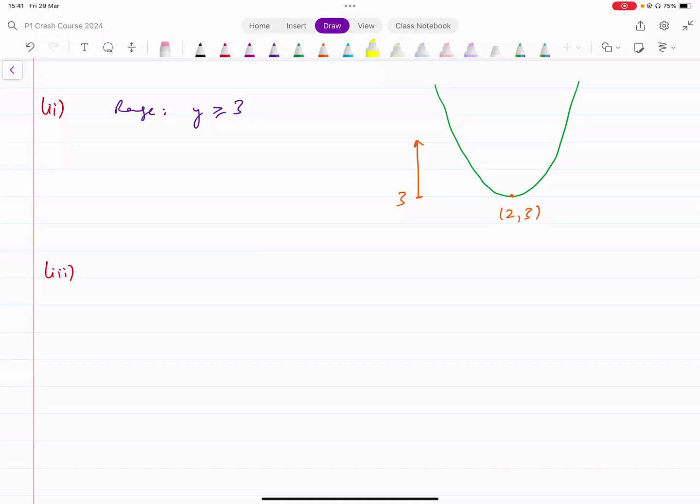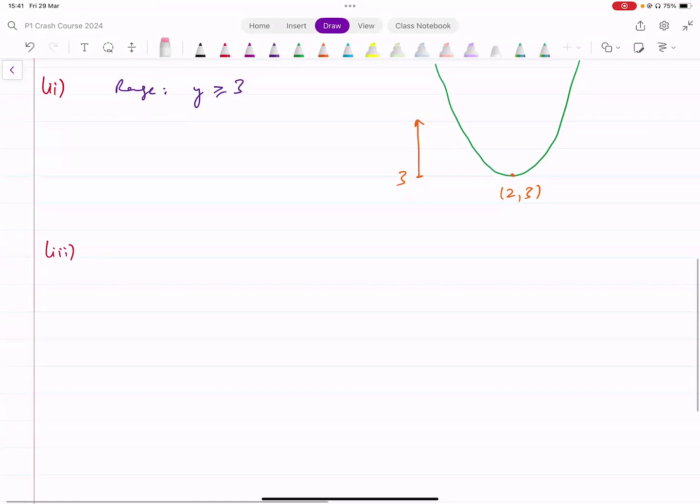Now, you can think of why it's not a one-to-one function, because it fails the horizontal line test. You can draw this horizontal line that cuts the graph at 2 points. If you can draw any one horizontal line that cuts the graph at 2 points, that means it's not one-to-one. So this is not one-to-one because at these 2 points, we have 2 different values of x that are giving us the same value of y. So it's not one-to-one. Now, all you have to write here is, you would say f does not have an inverse